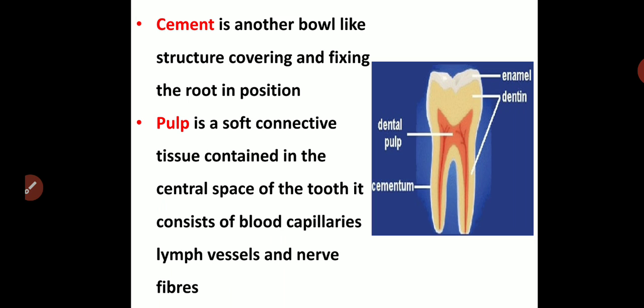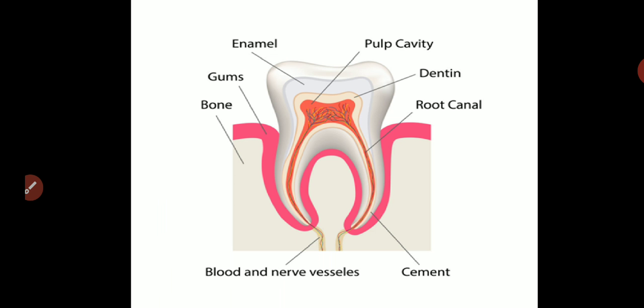And this pulp cavity is very sensitive at times when there is a decay in the tooth. If the decay reaches the pulp cavity, then there are nerves in it. Those nerves give the sensation to your brain and you get shooting pain. So this is the diagram showing you the general structure of the human tooth, that is the molar. Please study this diagram and be prepared to even draw it.